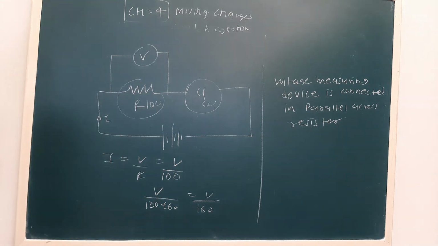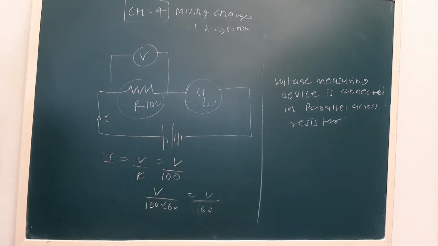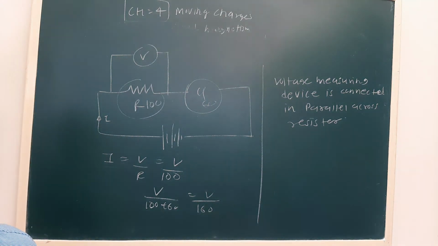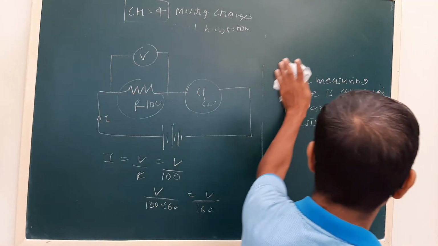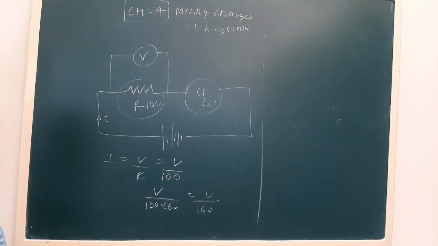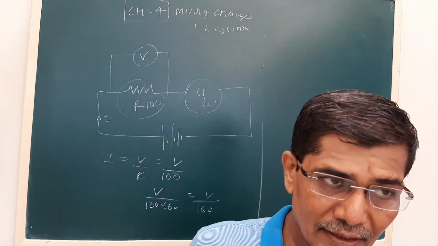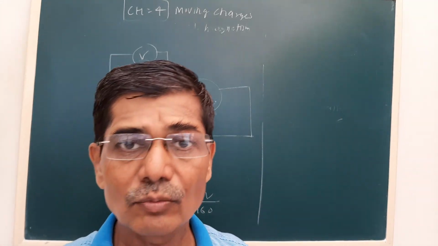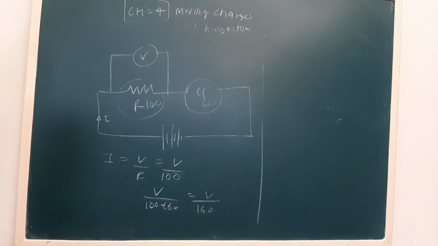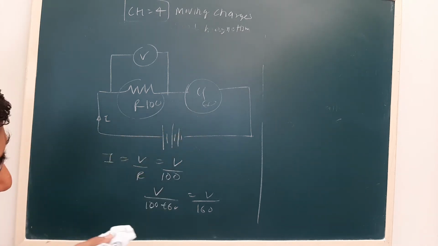Okay, so in that case, the galvanometer, which is used as a measure of current in the circuit, cannot give the correct reading. So what we do, we have a solution. We try to reduce the resistance of the galvanometer. Now see our property of the parallel connection of the resistor. See, in parallel connection, equivalent resistance is smaller than the smallest. So when we connect a small resistance called shunt in parallel to the galvanometer, the resistance will change.